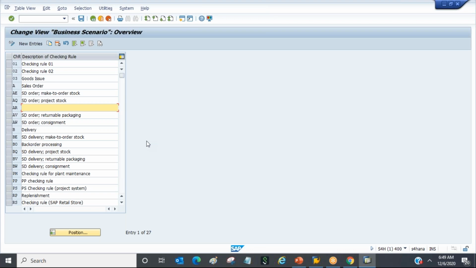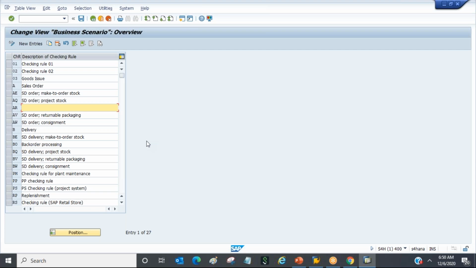Normally we use unrestricted stock for the availability check, to define the scope of check. That scope of check can be defined based on checking group and checking rule. But there are some cases based on certain document types, like EDA orders or any online orders,